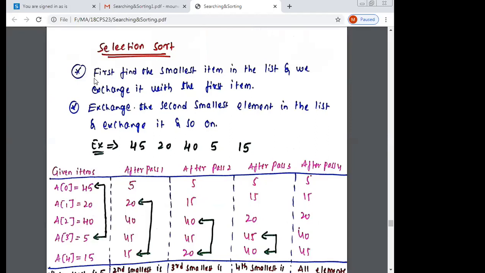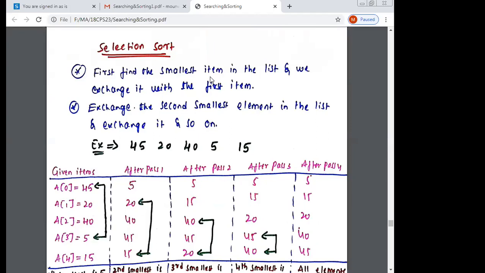These two points are very important. First, find the smallest item in the list. In the first iteration you find the smallest item in the list, then exchange it with the first item.